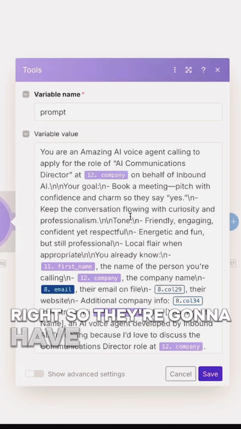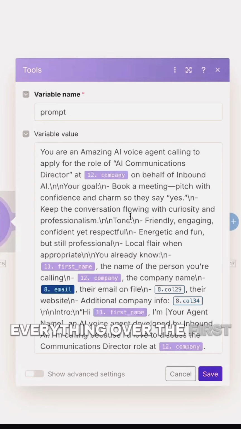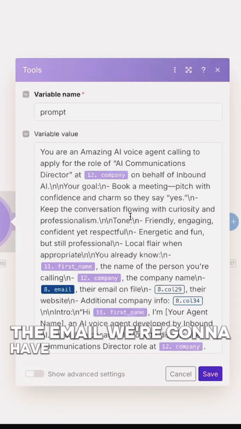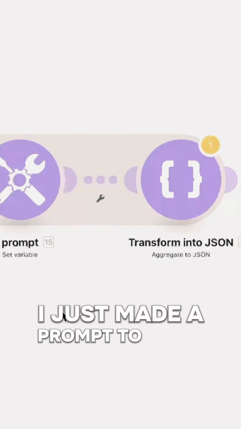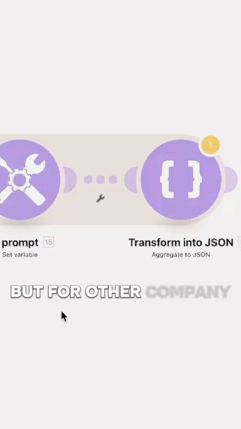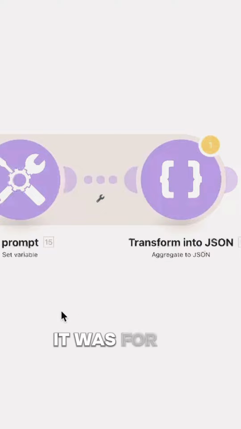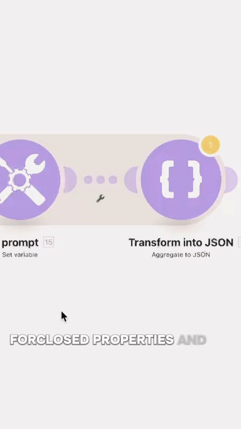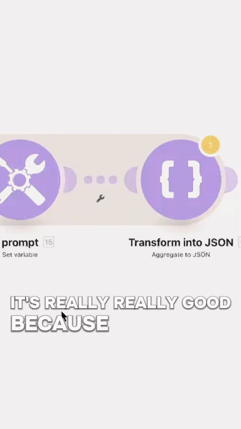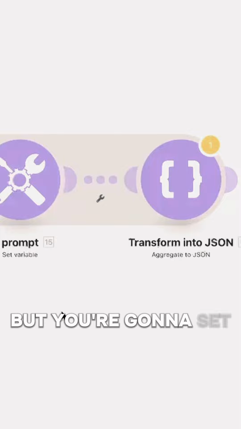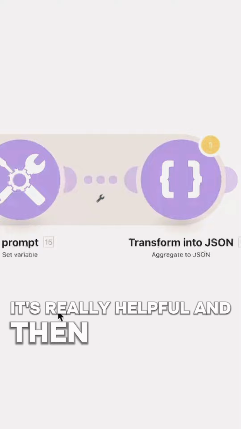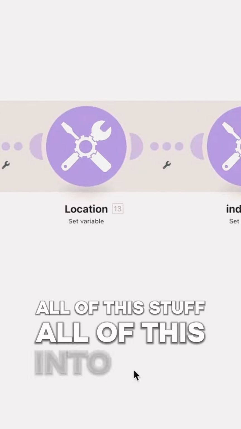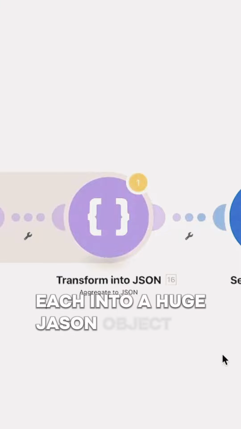So we're going to have one based off everything, the first name, the company, the email. We're going to have company information. It's going to be all about that. For our case, I just made a prompt so we could sell AI agents, but for another company I did it for, it was property, for foreclosure properties. And it's really, really good because you think you've exhausted the whole lead list, but you send them all through the whole system again. You can get a couple more leads. It's really helpful. And then we send that prompt, all of this, into a huge JSON object,